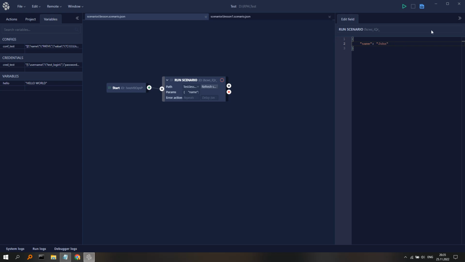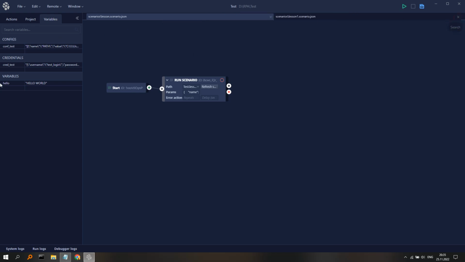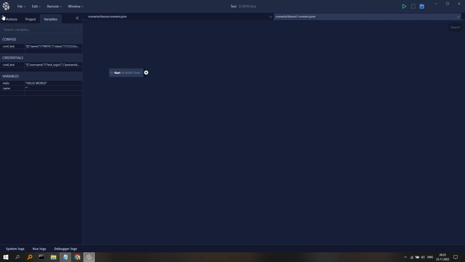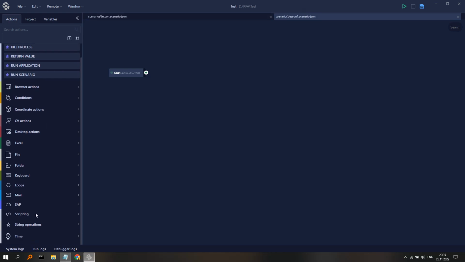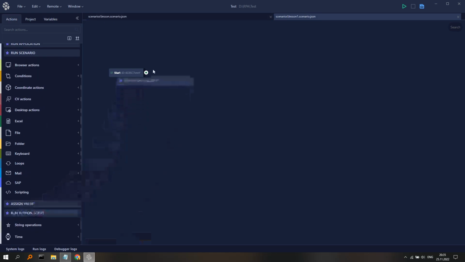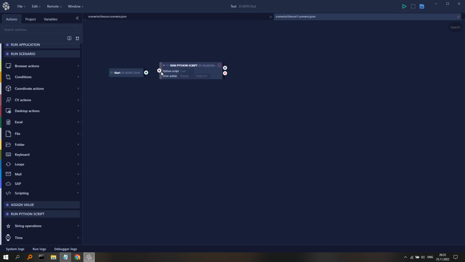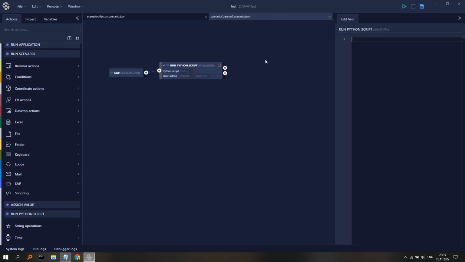In order to pass the value of this variable, we have to declare it in the Variables section. In order to receive the value of the variable, we can use Run Python script activity. We will return the value of the previously entered variable called name via a script. We'll do it in the text editor window